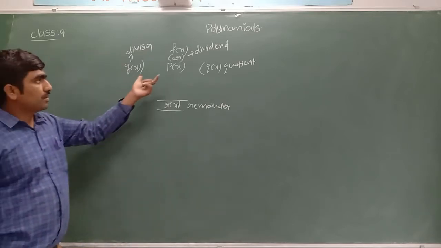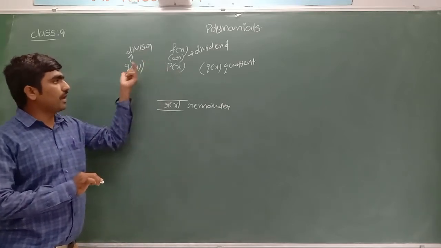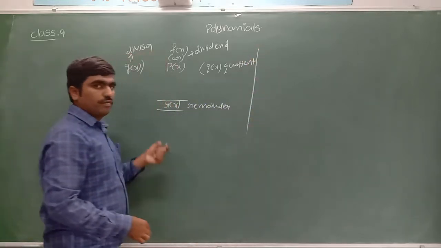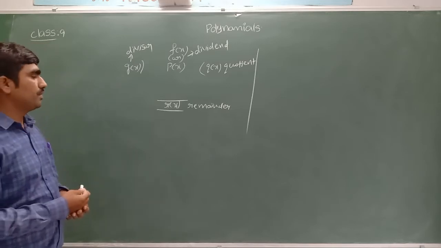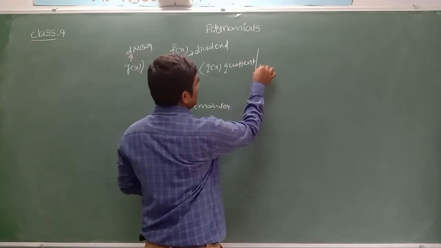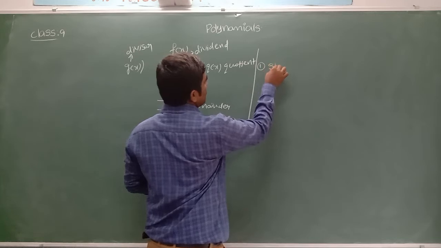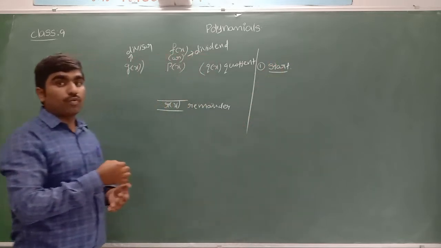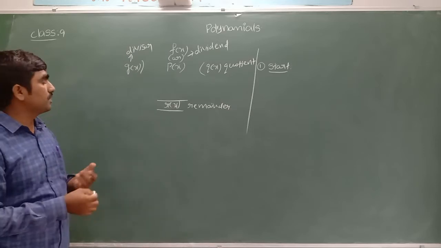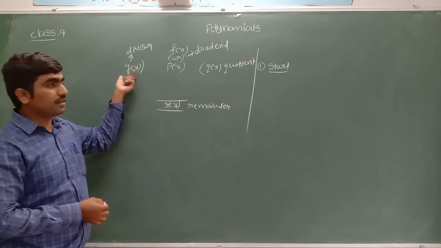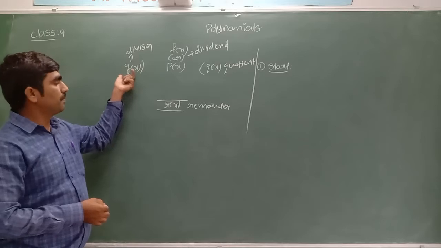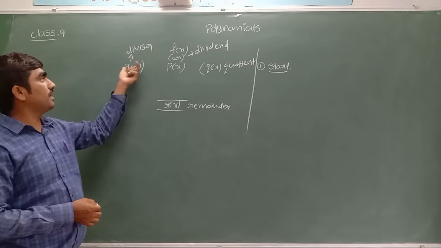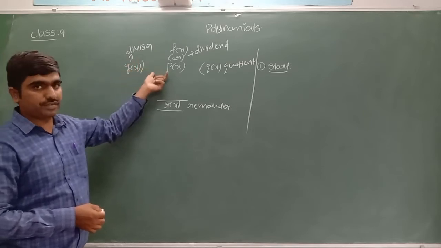So here, to do division of a polynomial by another polynomial, we have a few rules. By following those, we have to do the long division of polynomials. Let's see first when we need to start the long division. Before starting the long division, what do we have to check? We have to check that the degree of g of x must be either equal to the degree of p of x or less than the degree of p of x.